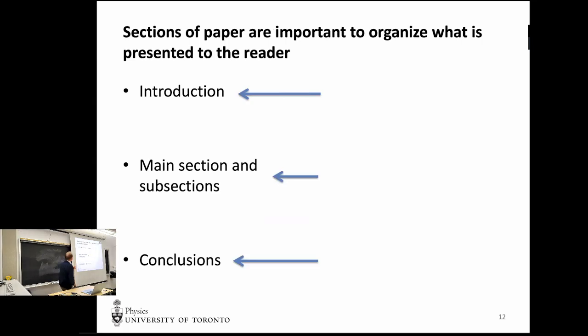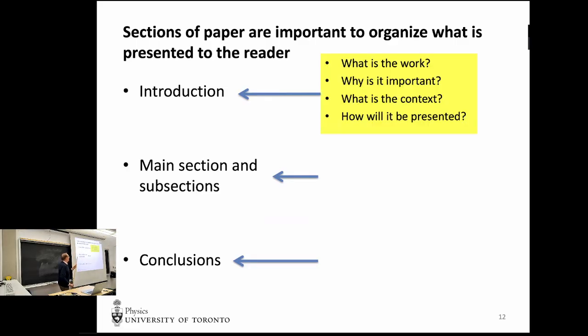Okay, so let's talk now about some of the other elements of the paper. We've talked about title, we've talked about abstract. Now think of a paper as having 3 sections. And it is a story, right? There's an introduction, then there's a body, and then there are the conclusions. The introduction and conclusions really need to tie in. You're introducing a topic, you're introducing why you're making a measurement. And at the end, you should be saying, okay, what was the measurement? Why is it important? What have you learned? And in the middle is all of the text and the information that is intended to convince the reader or inform the reader what you've done and what the results are.